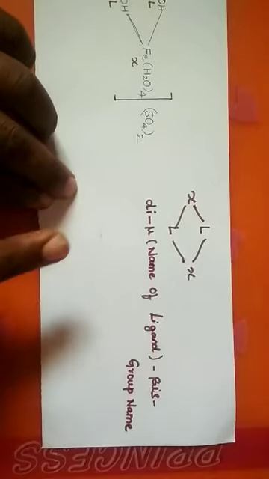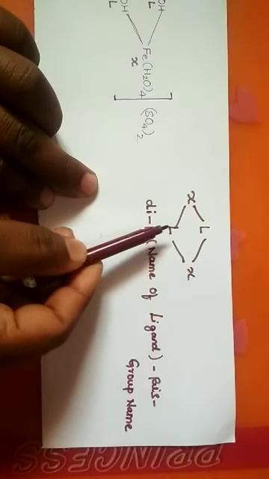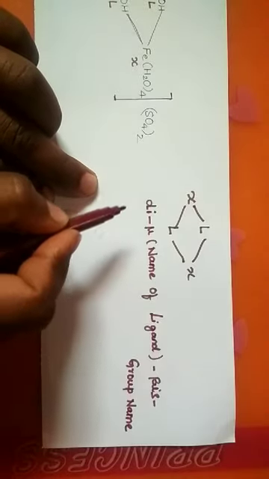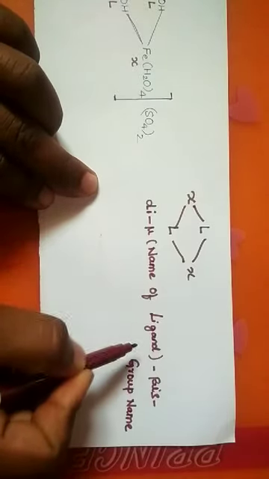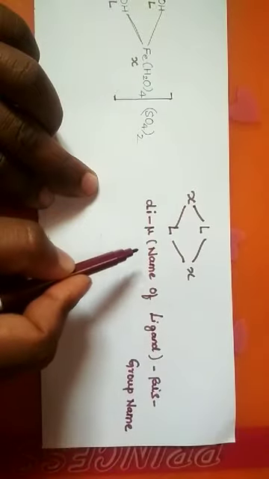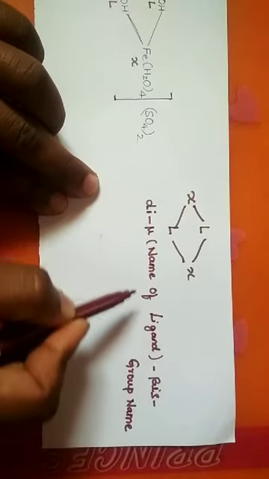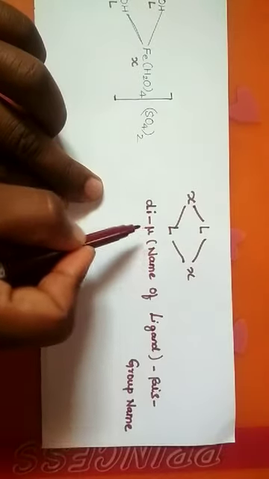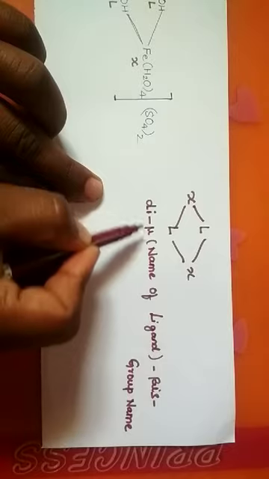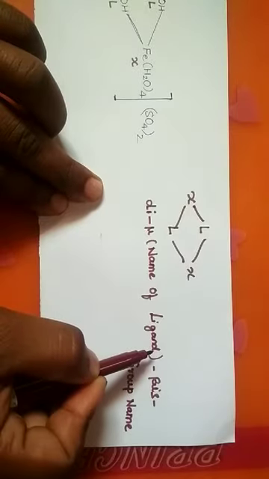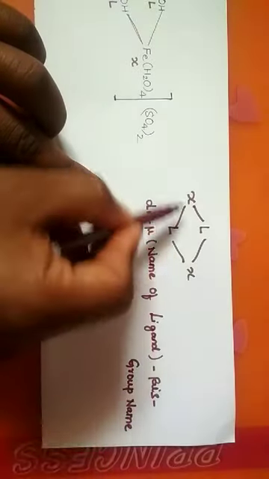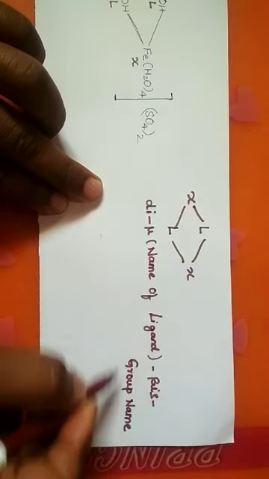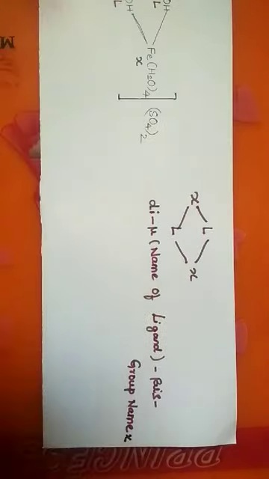When we come to the last case, here the ligands are the same and the groups are also the same. At that time, first you can write the name of the ligand. As you have already seen, you can write the name of the ligand, that is di. Why? Because there are two ligands that are the same, so I will use di. Mu indicates the bridge, and the name of the ligand. Then you can follow: if two groups are the same, you can use the word bis and the group name of X.